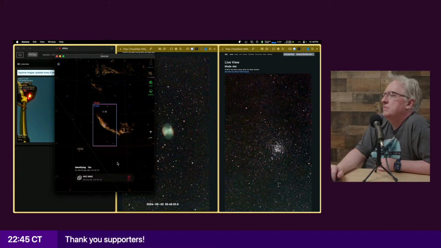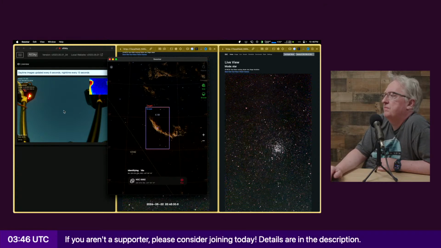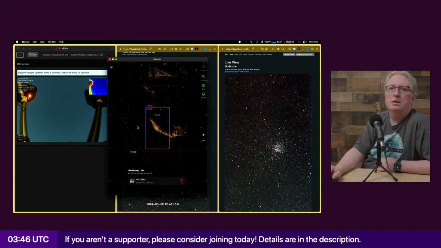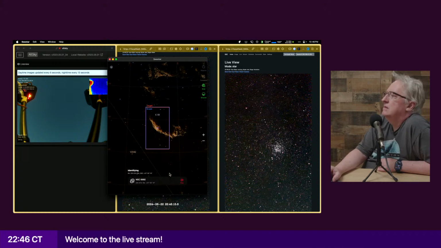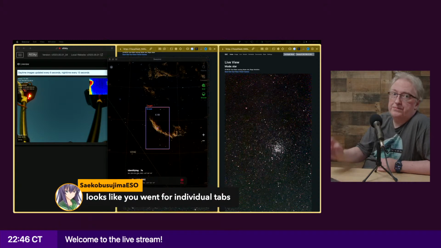Hopefully this will actually. I mean, the good thing is it cleared up, but sometimes it has a hard time. Although, yeah, this is the B telescope. For some reason, this one just is challenged. Let me see. If it doesn't identify the target, I'm just going to stop it.